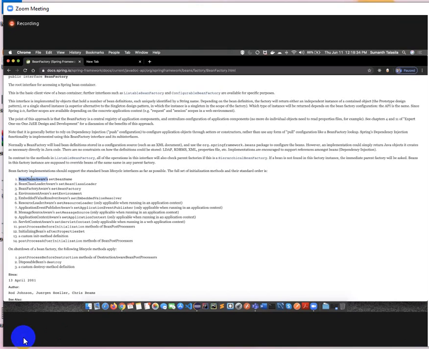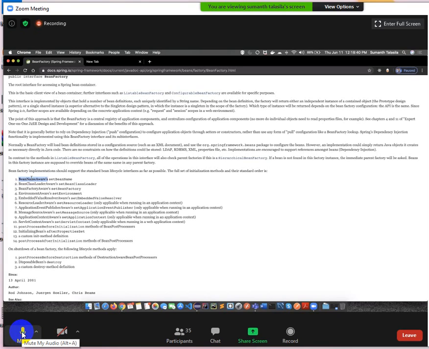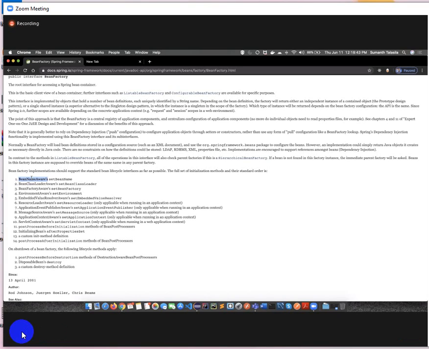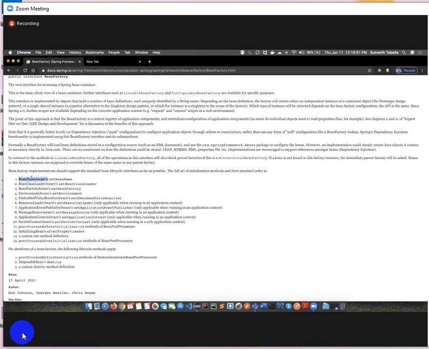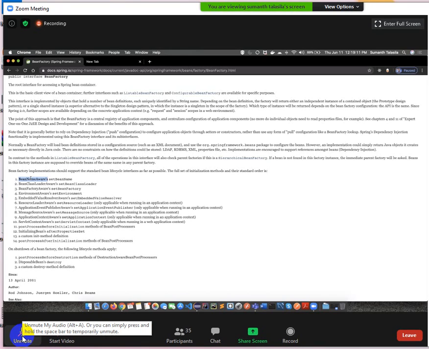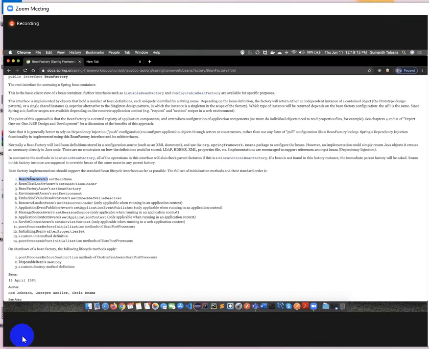Whenever the container is creating the object, who is going to call these lifecycle methods? Are we going to call or is the container going to call? The container is going to call. Whenever the container is going to call, first of all, it should know whose class object I am creating, for which bean I am creating the object. If you want to know that, you are going to use this aware interface. If you want to know to which bean ID you are creating the object, we are going to use the aware interface. I am not saying we are going to use it, as they are available, I am discussing that.